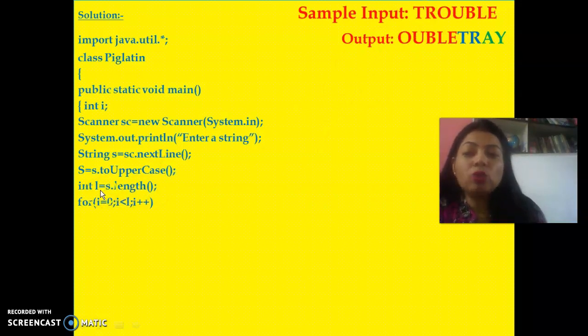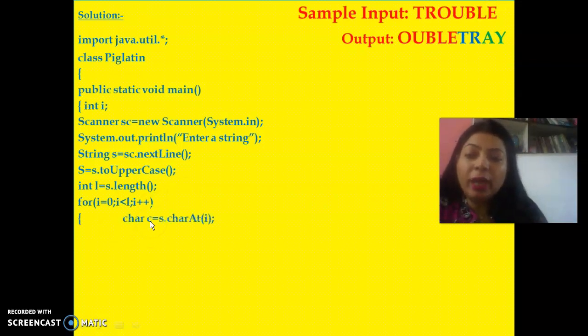When counting for length it starts from 1, but the position in a string starts from 0. So counting from 0 it is 0, 1, 2, 3, 4, 5, 6. So 0 to 6 means you reach the end of your word. That's why less than l, not equal to l.